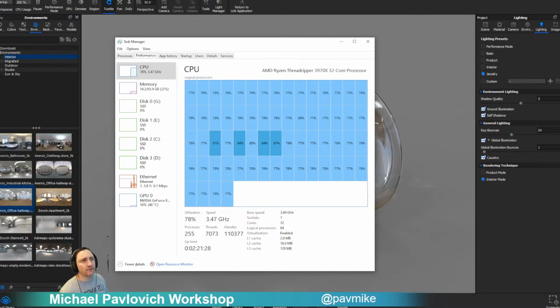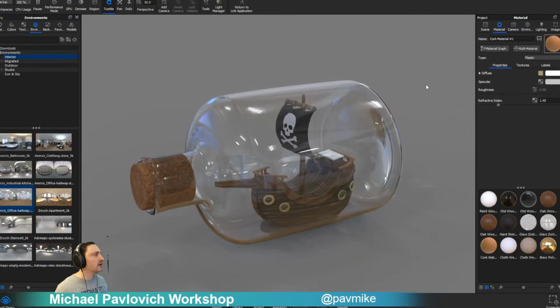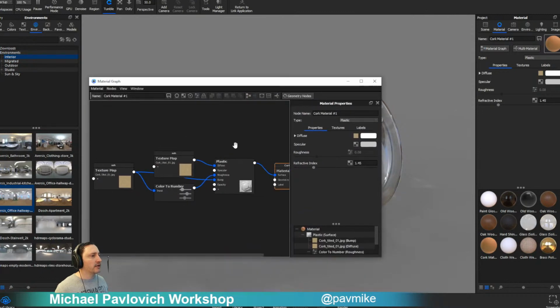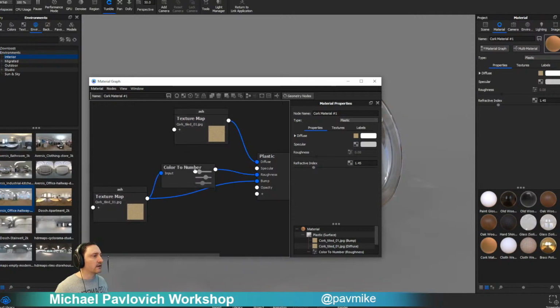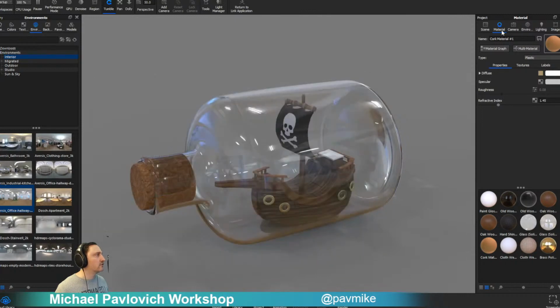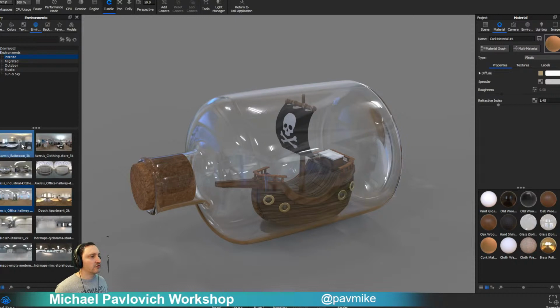Material graphs look fun. How do you open that thing in Keyshot? That is this over here. So if I want to check out what this cork is, I can double click it, click this little Material Graph button, and then now you're in here. And this is actually a lot easier to go through here. It's like, okay, this is what's driving the roughness, and I can go through here and change these values and see what's going on, as opposed to just trying to dig in here. It depends on what you're changing, but